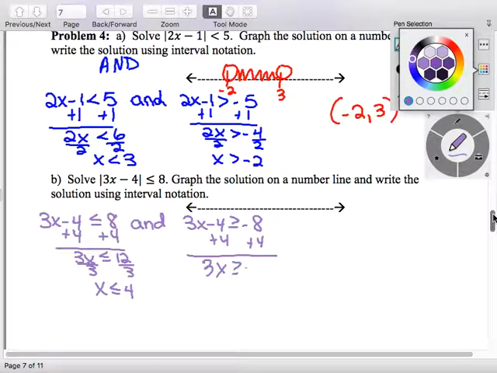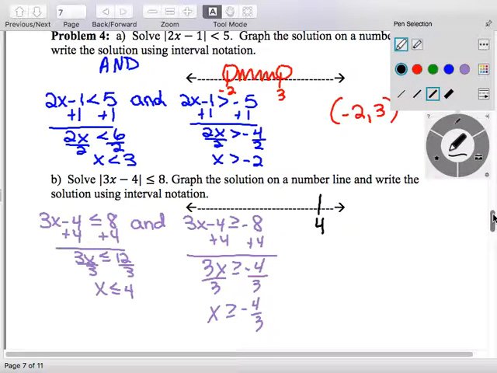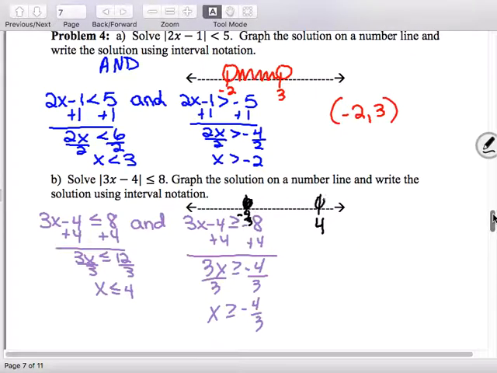Adding 4 and divide by 3, I get x greater than or equal to -4/3. So on my number line, I'm going to put a 4 and a -4/3. These are closed. A less than is an and. So it's bracket -4/3, comma,